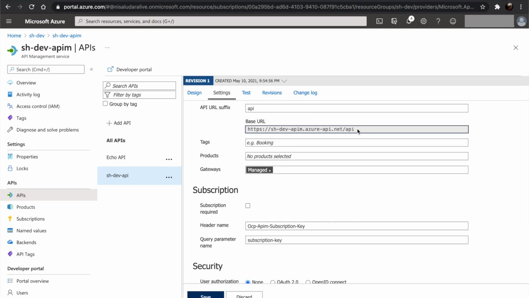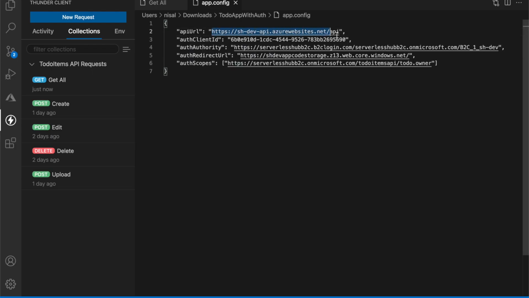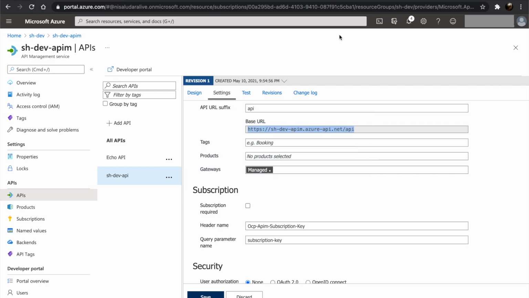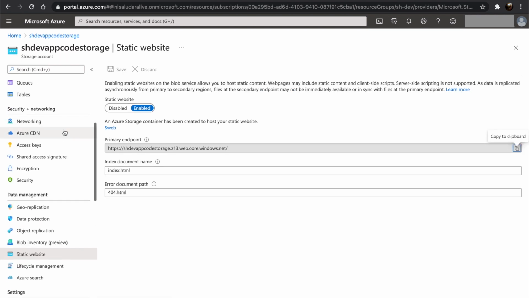Let's copy the API base URL because we need to update the API URL in the app.config. Let's update it. Let's go to our storage account and upload the updated config.